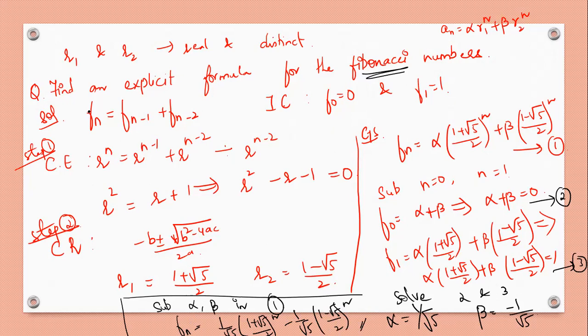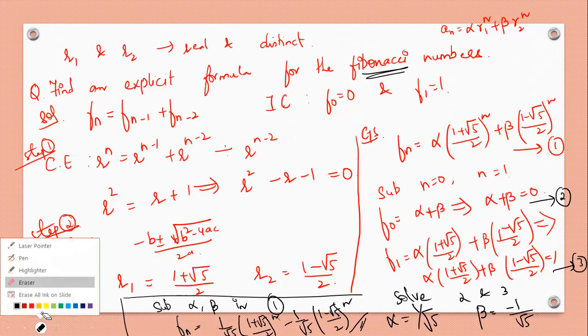Why do we need this? I've already said this in the earlier lectures also: if we want to find F50, we will need F49 and F48. But over here, if you want F50, you can directly substitute into ((1 + √5)/2)^50 and you will get the value directly. You don't need to depend on the previous sequence. That is the reason we find explicit formulas for our recurrence relations. Now we will see the next theorem.